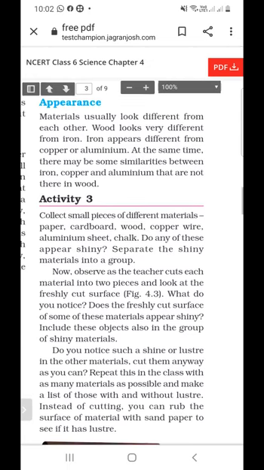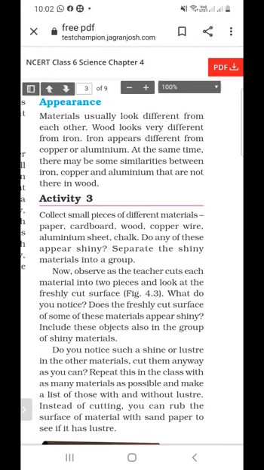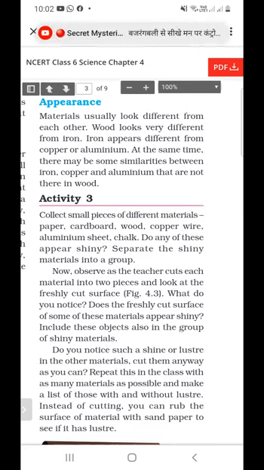All metals have luster because they have a shining surface, and wood does not shine, so it has no luster. So how can we check whether an object shines or not? We can check by two methods. The first method is